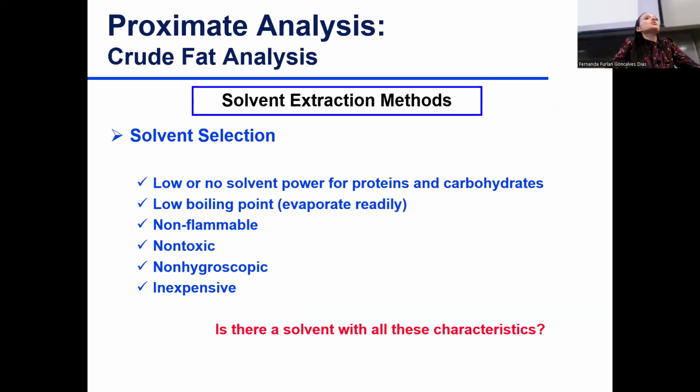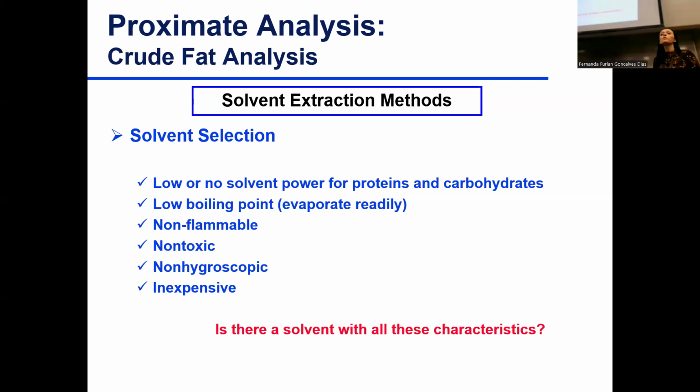So it's a solvent extraction method, so we need to select the solvent. How do we select the best solvent? The ideal solvent would be one that would not extract any of our proteins or carbohydrates, that would be selected for lipids. Low boiling point. Why? Because it's easy to remove, right? If I can easily remove the solvent, just heat it up a bit or use a rotovap,